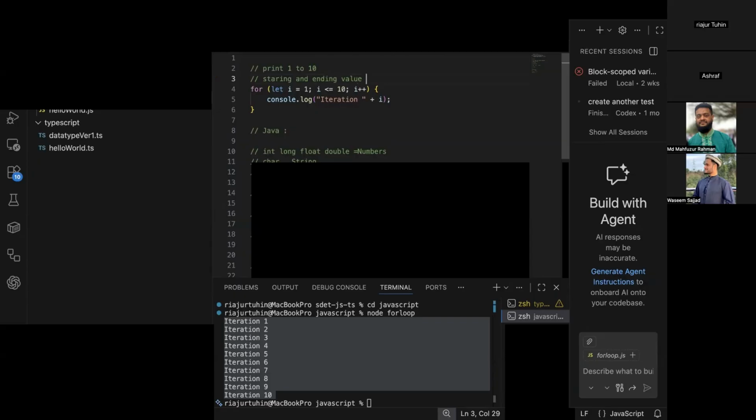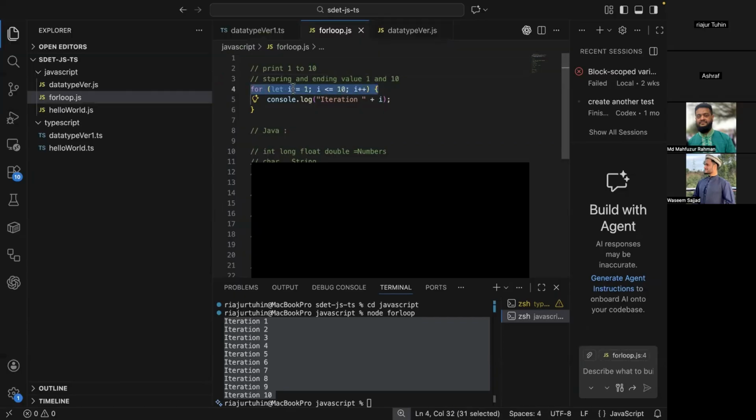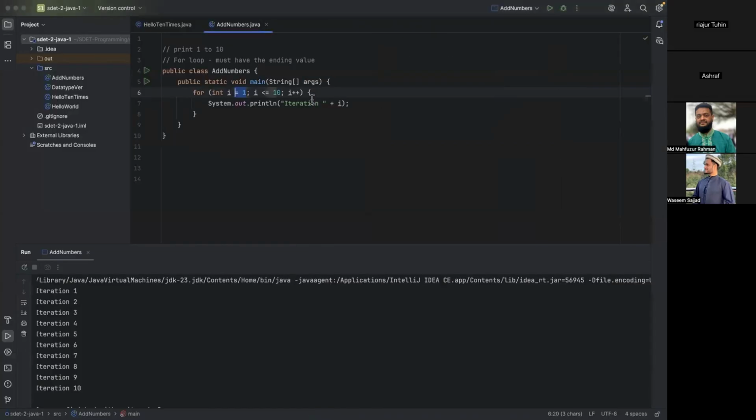And the structure is like this: initial value, then condition, then increment. But in Python,